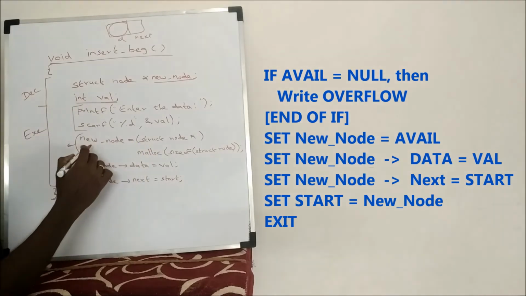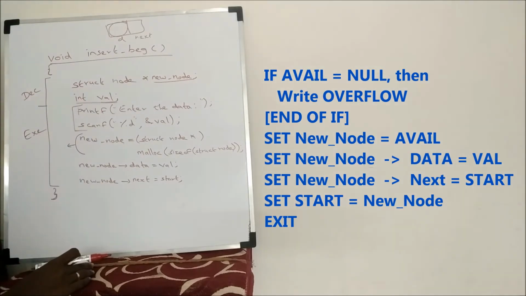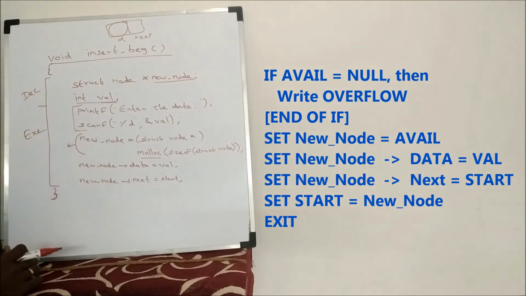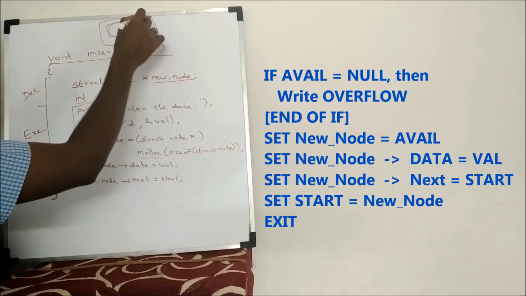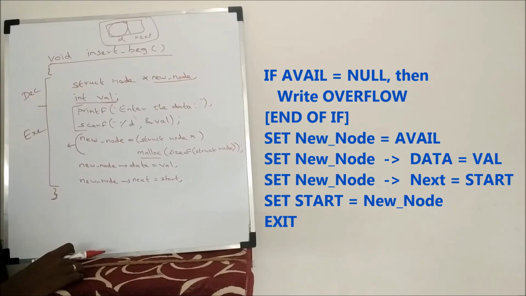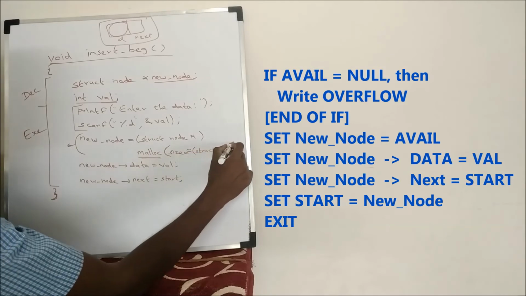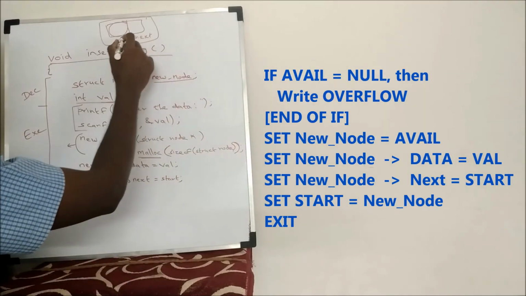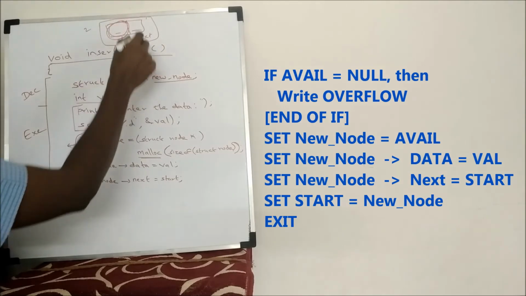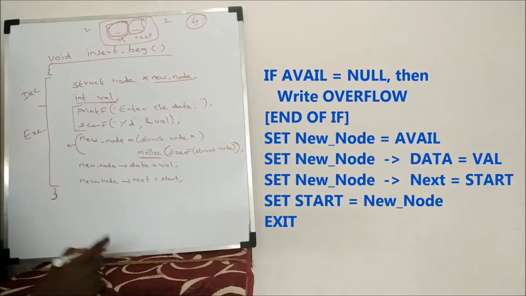We are allocating memory for this newnode, because here the newnode is just a pointer variable, there is no memory allocated so far. By using the dynamic memory allocation function malloc, I am going to allocate memory for this particular node, and the base address will be stored in the newnode. Now, how much memory is going to be allocated? Each node consists of one data and one next field. For data it is 2 bytes of memory, for the next field it is again 2 bytes of memory. So totally 4 bytes of memory we need for each node.